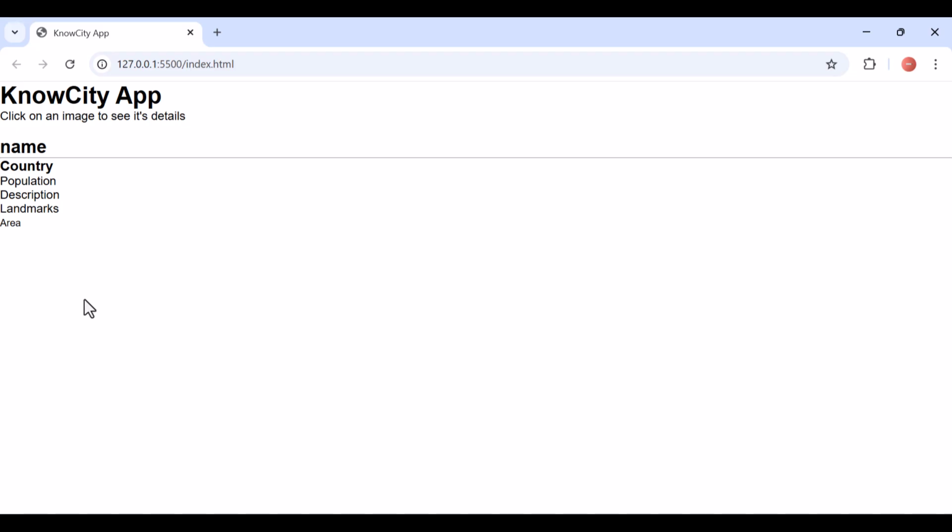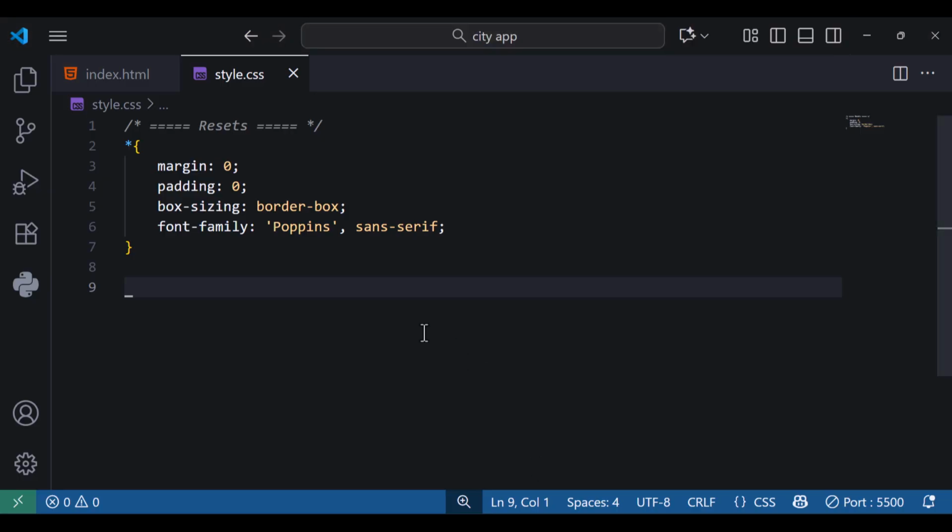Okay, if we look at our image right now, we can notice that there are no paddings inside our website because we are using the reset. So this is actually useful, so we can actually just declare everything that we want. We don't work with anything that is default. So I'm going to give it a comment. I'm going to create a body comment. So I'm going to say body,